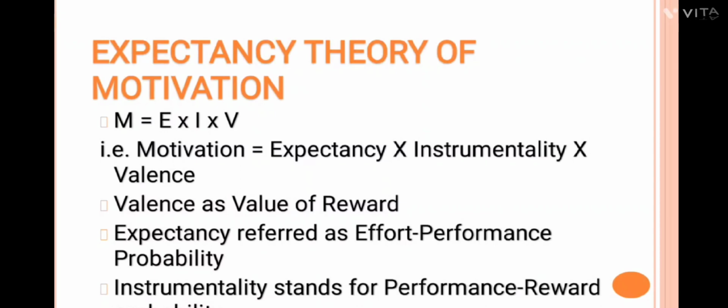For example, if an individual wants a promotion and feels that superior performance is very important in receiving the promotion, superior performance is the first level outcome and the promotion is the second level outcome. Superior performance will be instrumental in obtaining the desired promotion. The value of instrumentality also varies between 0 and 1, as it is also the probability of achieving the desired outcome. So these are the basic theories of motivation which we have